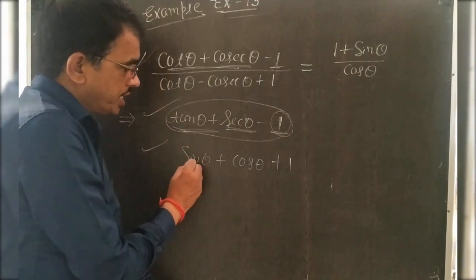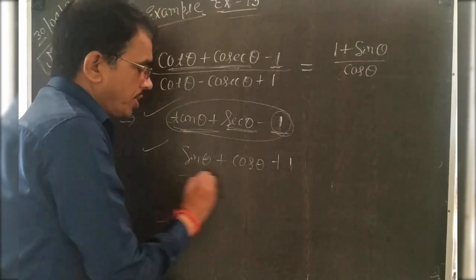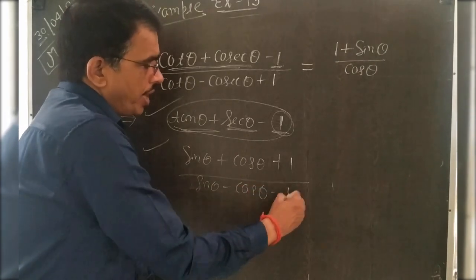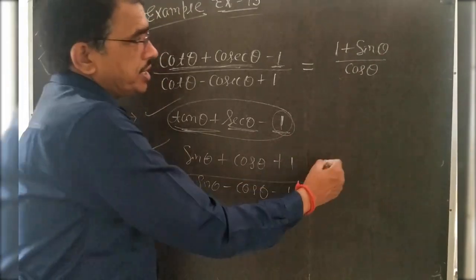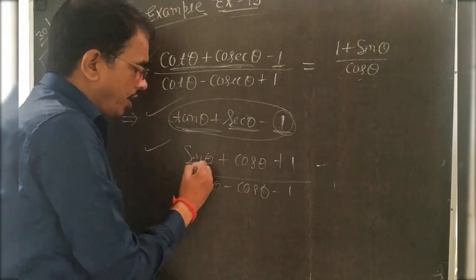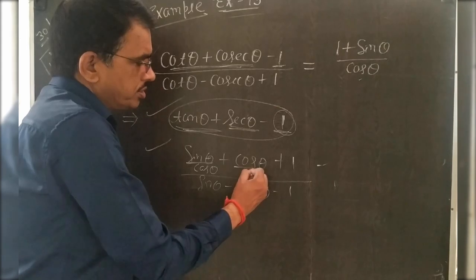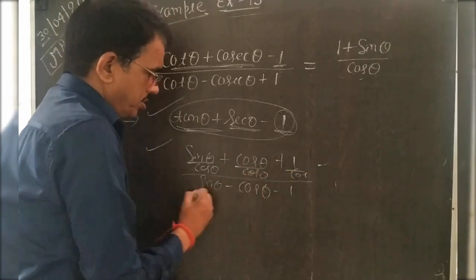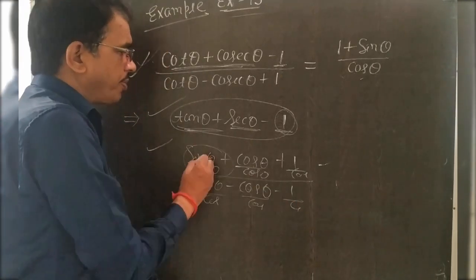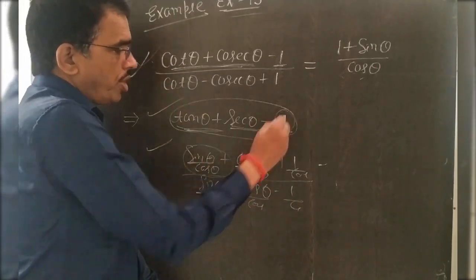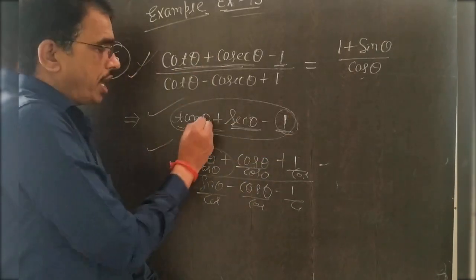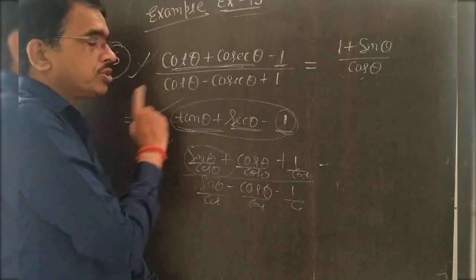Otherwise, if your question is like sin theta cos theta plus 1 by sin theta minus cos theta minus 1, etc., or your RHS is like this, where there is cos, then it is clear that all terms are divided by cos. Then what do you get? Sin by cos is tan, cos by cos is 1, and 1 by cos is sec. Then it is your formula: sec, tan, 1. And then again 1 changes into sec square minus tan square.